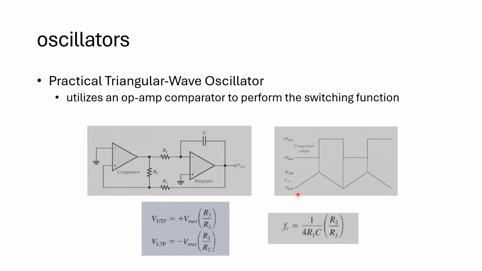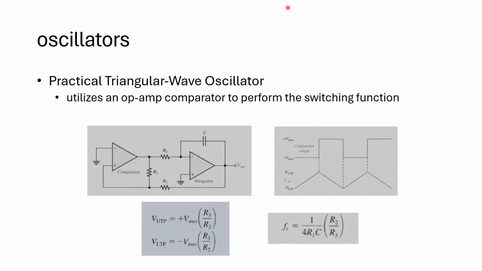The ramp continues in this direction until the lower trigger point, or LTP, of the comparator is reached. So it is just like the one we introduced a while ago on the previous slide. The difference is that on the previous slide, we made use of a switch, which is not practical because a switch is a mechanical component. So instead of using a switch, so that we can have a positive and negative going ramp, we make use of a comparator circuit.